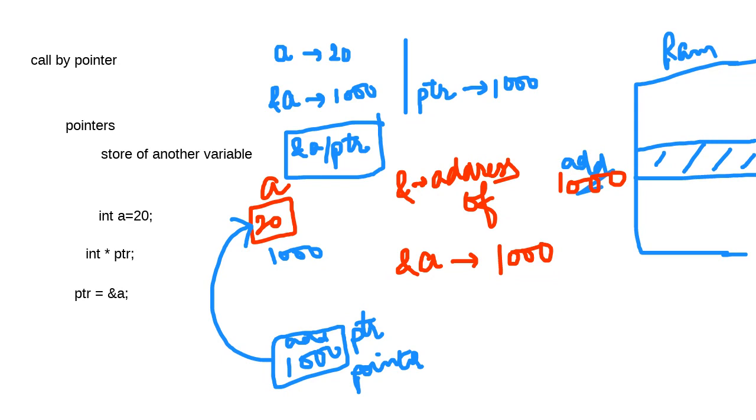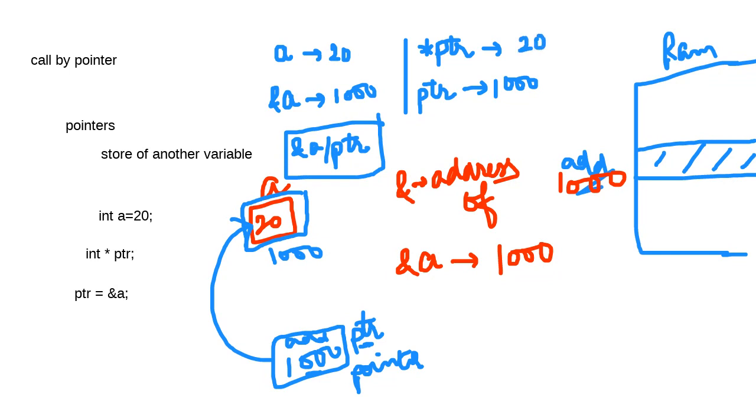अब मुझे बताओ, if PTR is the address, how can I retrieve the value at that address? PTR means the address, which means 1000, मतलब कि ये वाली location. Now, how do I retrieve the value at this location with PTR? PTR means the address. Star PTR means the value at that address, right? Dereferencing. This means dereferencing. So star PTR will again mean 20,